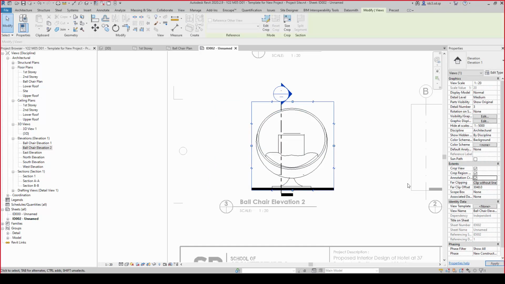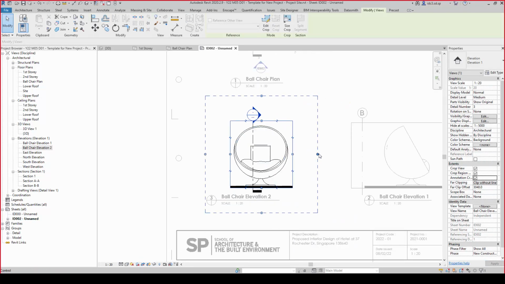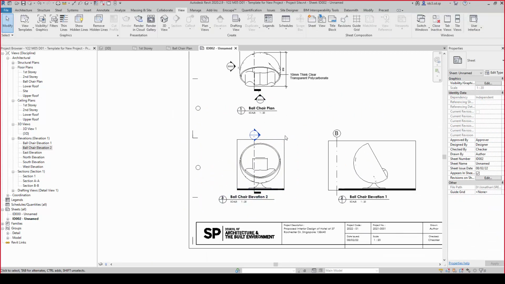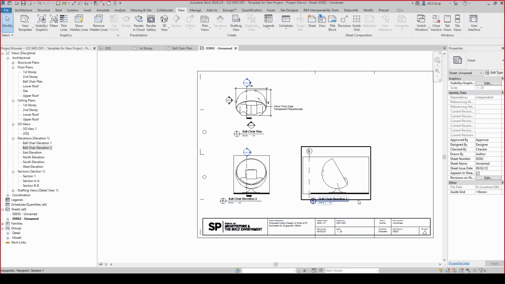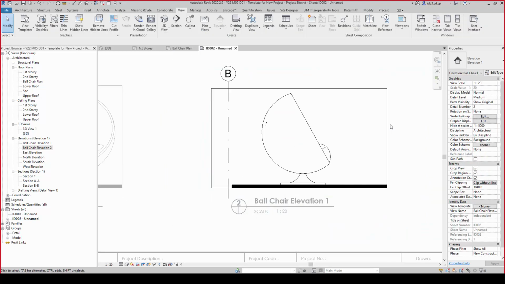And I'm going to activate the annotation crop, give it a little bit more space in case I need it for further dimensioning or annotation or material specification. Alright, like this. Okay, so we see these inside already, and then